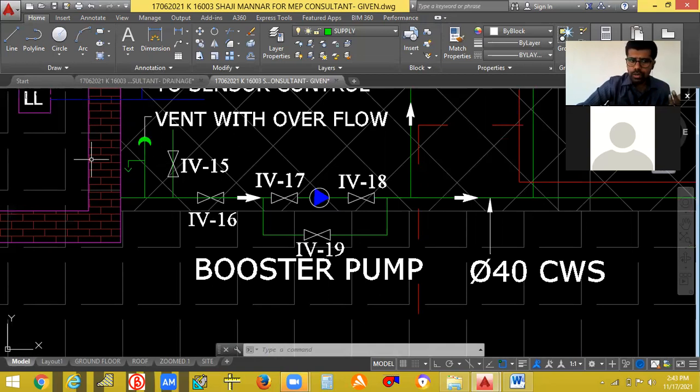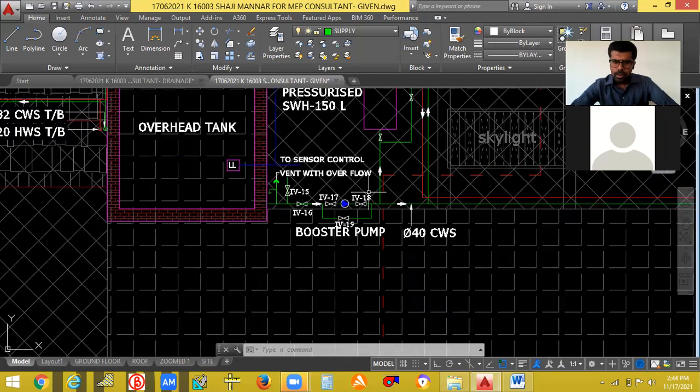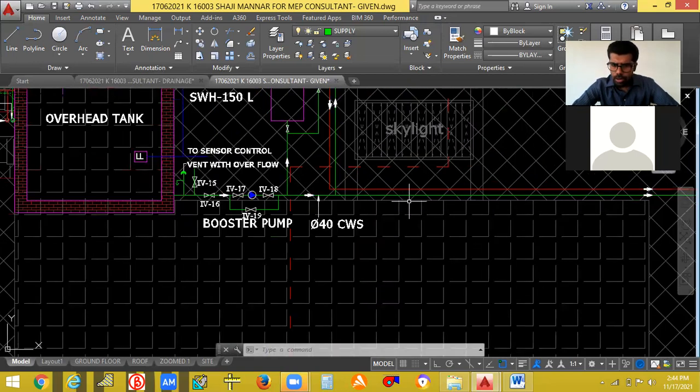If you want to drain off this water for some maintenance or for washing, close this valve and open this valve. So water will flow through this. Otherwise, always shut this valve. Okay, so through this it will go and enter the booster pump. And if there is any maintenance in the booster pump, the water should not be restricted. So you just give a bypass line also. This is the bypass line. So always this will be closed. If there is any maintenance purpose, you can open this valve so that the water will flow through this. Okay. So one line will be going through this.